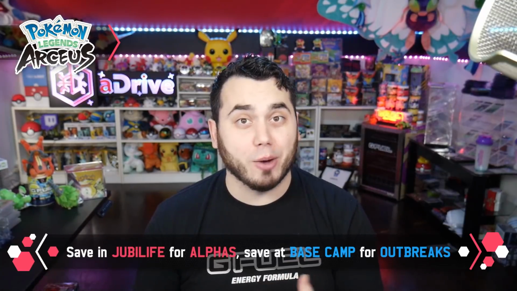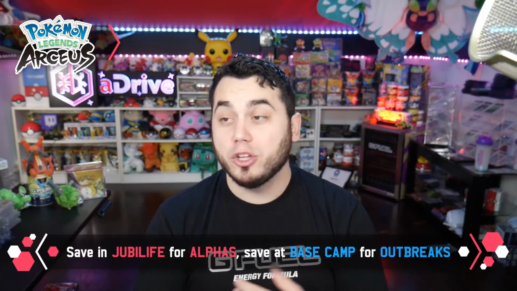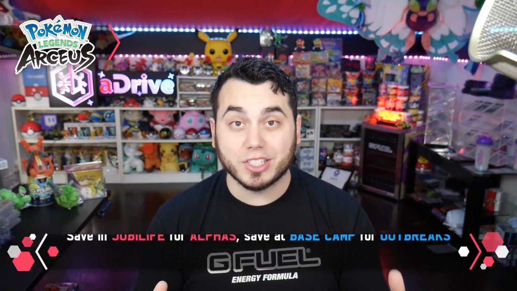The shiny odds for the outbreak method are through the roof, 1 in 150. You'll get a ton of shinies doing that. It's really easy to do. It's hard to mess up as long as you have the save mechanic down, and you may stumble into an alpha shiny. But if you really, really want a specific alpha shiny, identify where that shiny or that alpha